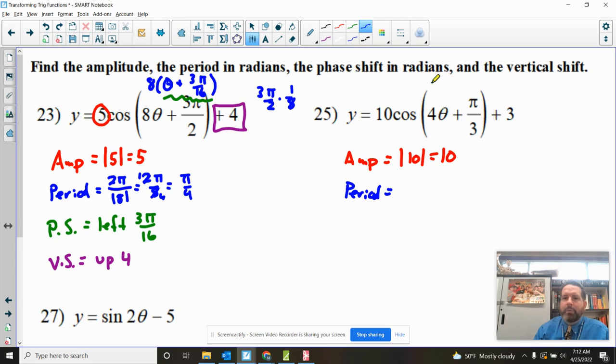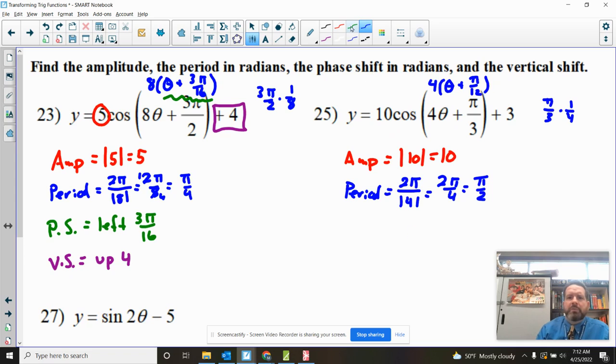Now for the period, once again, why don't we do the factoring while we're here? So for parentheses, theta plus, and now I'm thinking off to the side, pi over 3 divided by 4, it's the same as pi over 3 times 1/4. That's going to give us pi over 12. All right, so for period, 2 pi divided by the absolute value of b, that's just 2 pi over 4. Reduce your fraction, pi over 2. For the phase shift, we already did the factoring work for that. So it's a plus, that's going to be to the left again. How much? Well, pi over 12, because we added on that pi over 12. And for vertical shift,